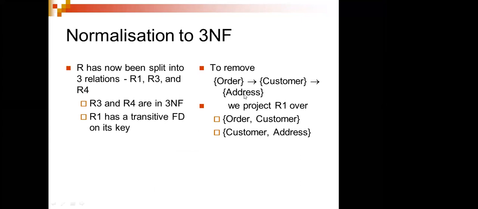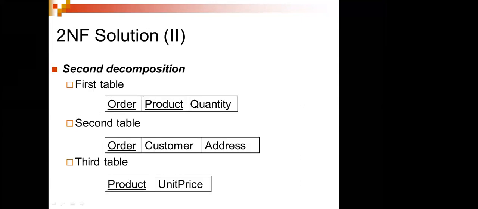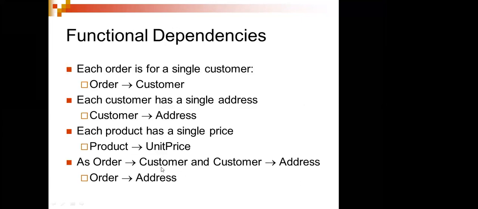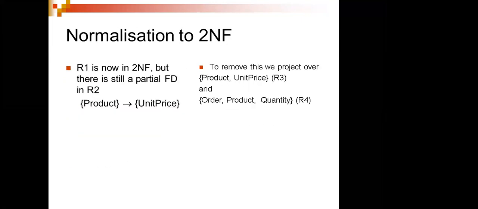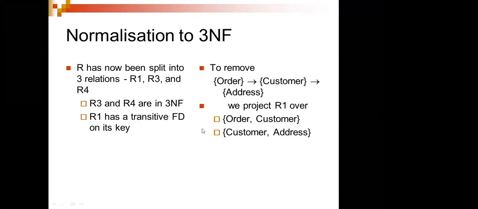So if you see the first point, orders depend on the customer, and the customers depend on the address, and address is dependent on that order. So it's a transitive dependency. We found that there are transitive functional dependencies there. Then we removed that, and further split it into order and customer, and customer and address. This is how you are going to do it within third normal form.